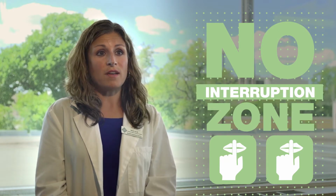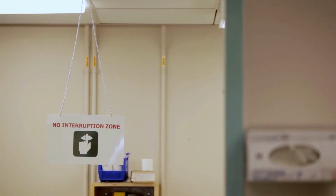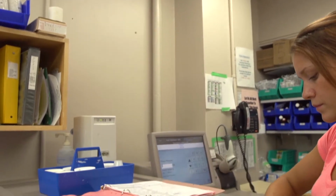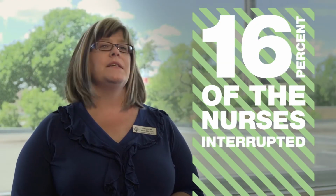So we involved the staff in safety huddles of how we could implement a no interruption zone during medication dispensing and preparation. Post-intervention, with the signage of a no interruption zone, we observed 16% of the nurses being interrupted. The nursing staff were quite shocked and unaware of their sort of socialization at the Pyxis machine, so it was extremely well received. The savings our project achieved would be in terms of time efficiency for nurses, up to 15